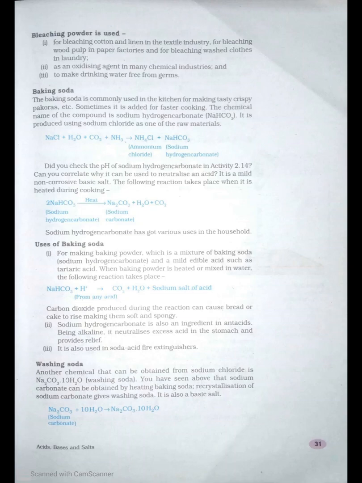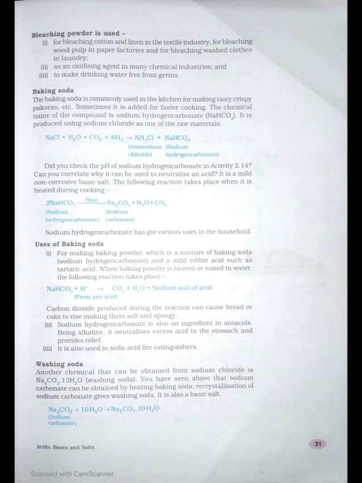Baking soda. The baking soda is commonly used in the kitchen for making tasty crispy pakoras, etc. Sometimes it is added for faster cooking. The chemical name of the compound is sodium hydrogen carbonate, NaHCO3. It is produced using sodium chloride as one of the raw materials. NaCl + H2O + CO2 + NH3 → NH4Cl +